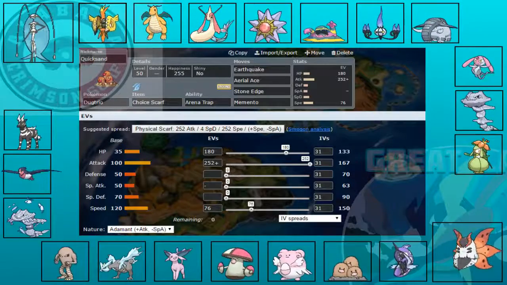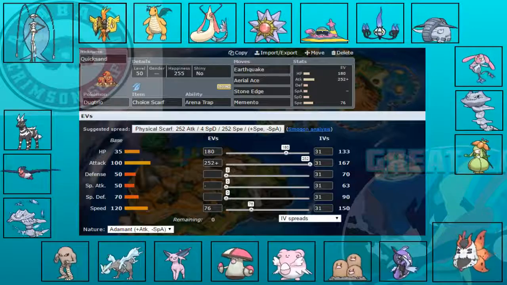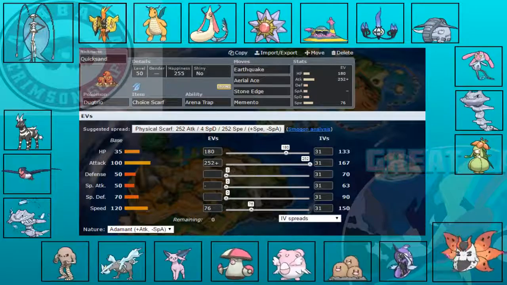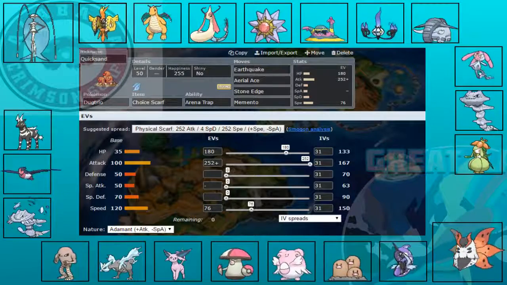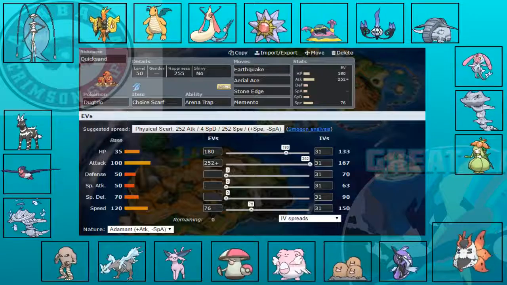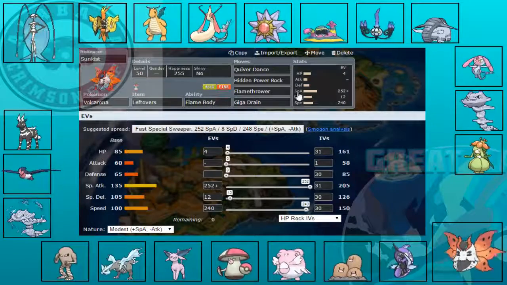We can outspeed Shandy with this set. He cannot outspeed us with a Timid Scarfed Chandelure. And yeah, it's pretty much just here. Nice for the Muck, nice for the Starmie, if I get it whittled. So yeah, that's pretty much what we have with Alolan Buggy here. So that's nice. Next up is Sunkissed, our